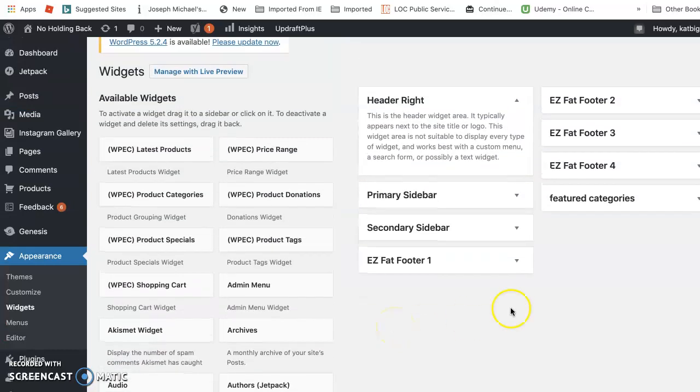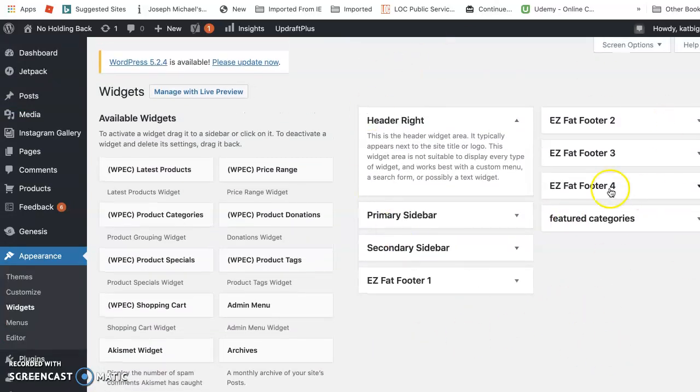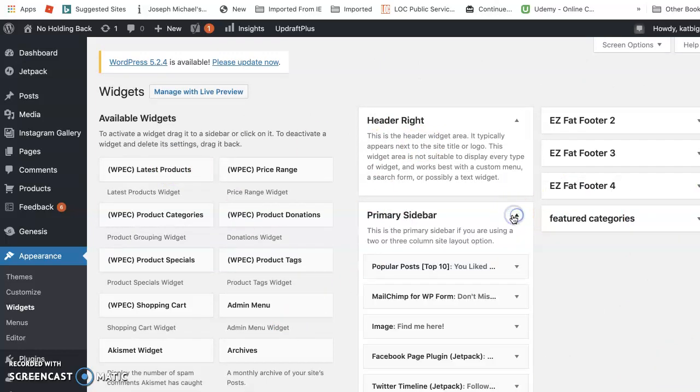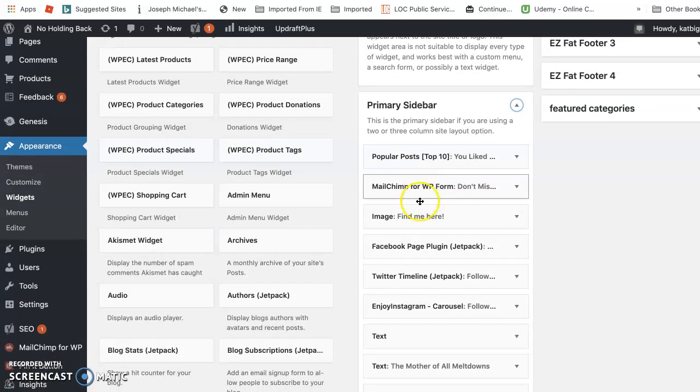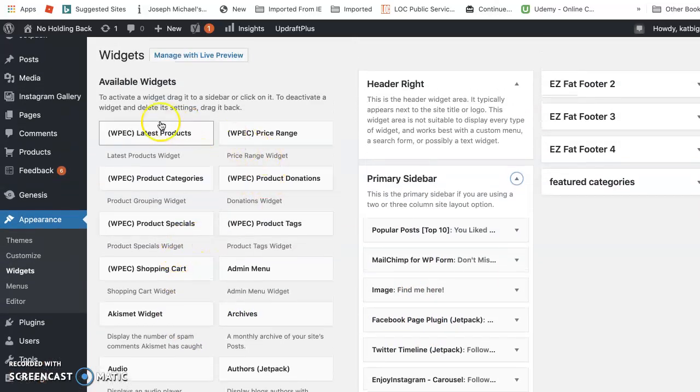Depending on the theme that you're using, this will be different everywhere you go. Because this is the theme that I'm using, this is how it's set up. So I go to my primary sidebar and I can add all of these things. As you see, this is a Facebook plugin from Jetpack, but it will have all of these available widgets to